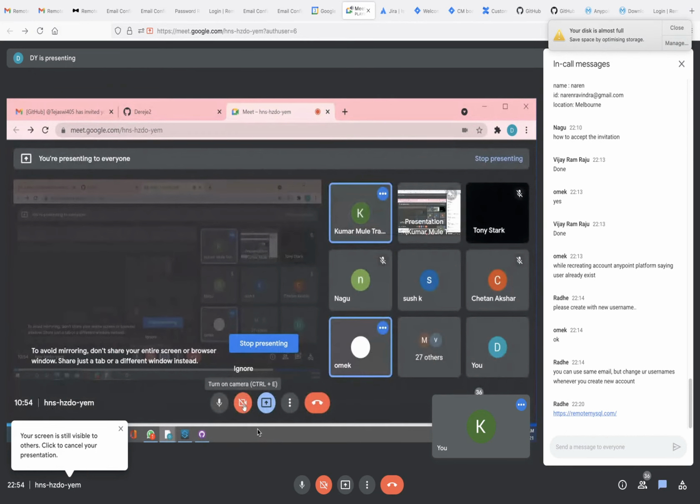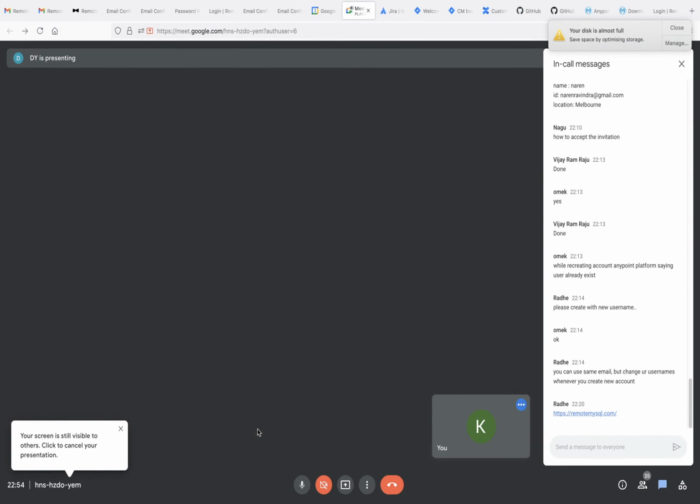Stop sharing. Go move your cursor to the bottom. You will get all these options. Yes, correct.